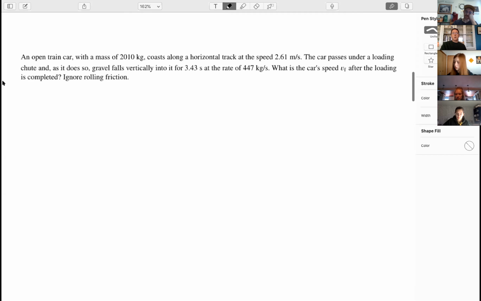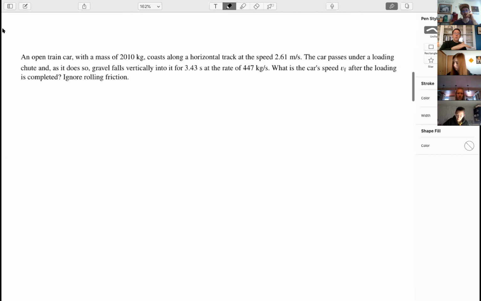I'll go ahead and read it here. So there's an open train car with a mass of 2010 kilograms, and it coasts along, so just under its own momentum, just kind of carrying forward. There's no friction or anything, at a speed of 2.67 meters per second. So we have a velocity of the train at the start. The car